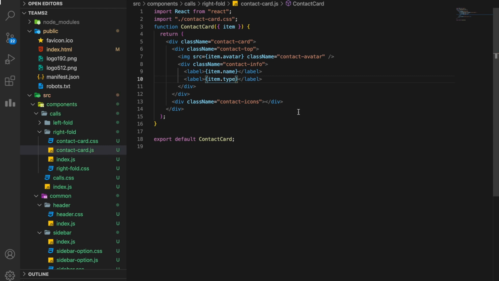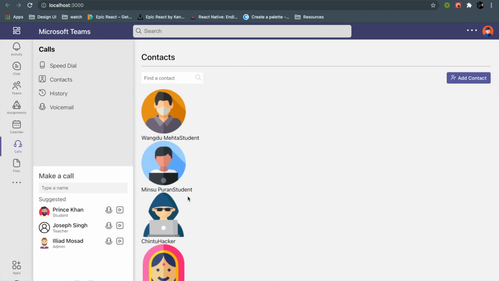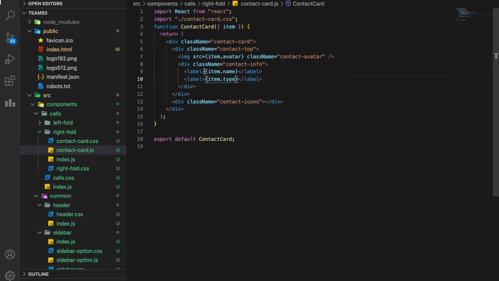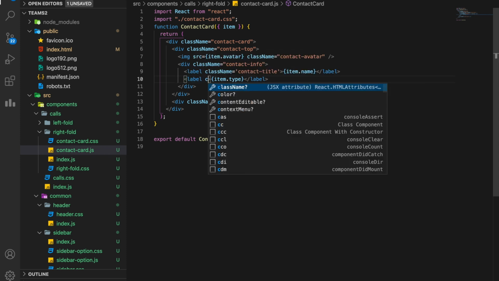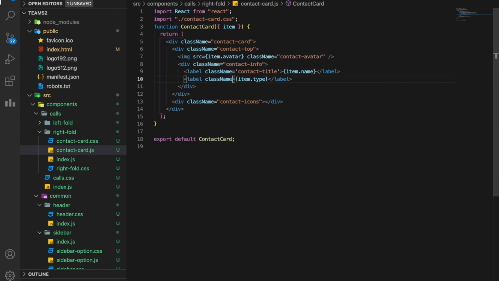You can see the type is here, so I'll give it a class name of contact title and contact subtitle so that I remember it. The aim of giving class names is so that you remember those uniquely while styling. So make sure you give it proper names. Subtitle.